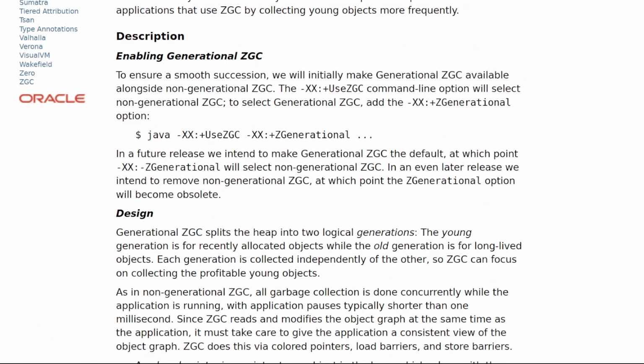Description. Enabling generational ZGC. To ensure a smooth succession, we will initially make generational ZGC available alongside non-generational ZGC. The -XX:+UseZGC command line option will select non-generational ZGC. To select generational ZGC, add the -XX:+ZGenerational option. $ java -XX:+UseZGC -XX:+ZGenerational